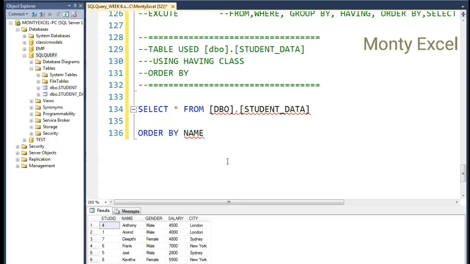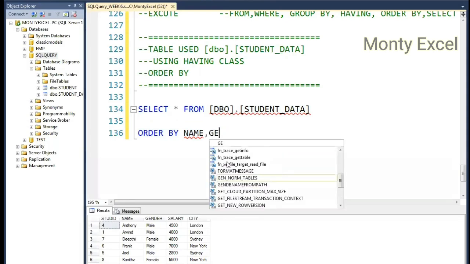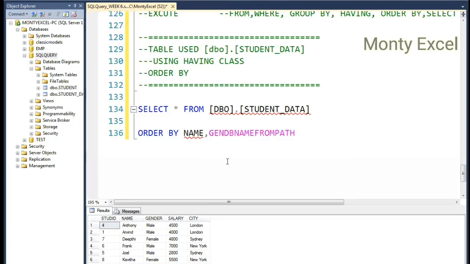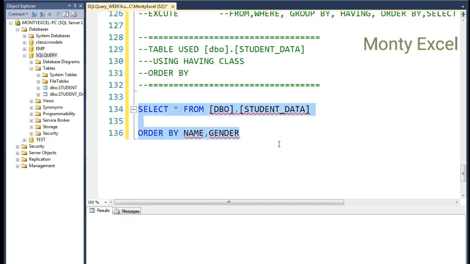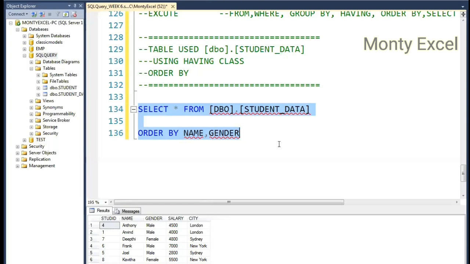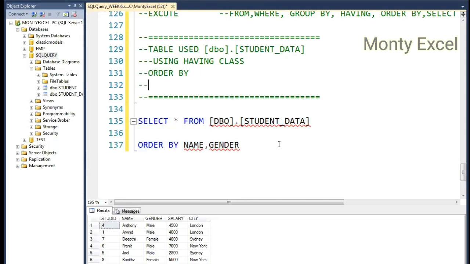Can I use multiple names? Oh, no problem. Let's go for gender. So I'm going for name and gender. I want to order. But by the way, what kind of order is it doing? Is it doing ascending or descending? By default, it is ascending. So let's make a note here. By default,